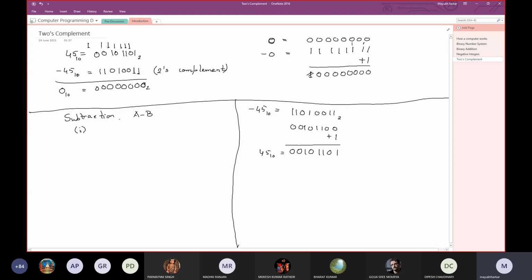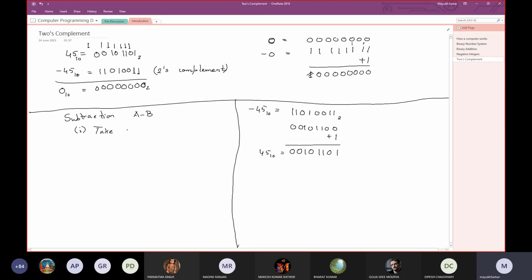Okay, so when we perform the subtraction of a minus b, eventually there is an addition. From now on, we will always consider only 2's complement throughout our discussion. And in your future engineering life, you'll see that 1's complement was just a theoretical discussion, nothing more than that. Just a step to 2's complement, because 2's complement involves 1's complement.